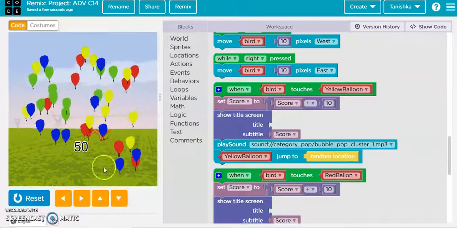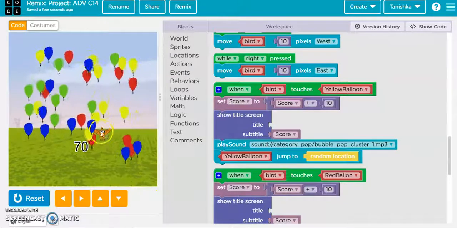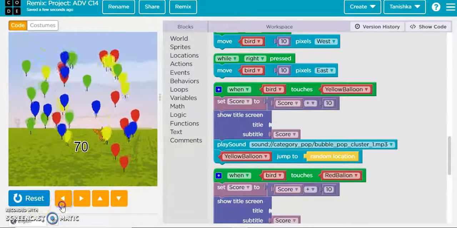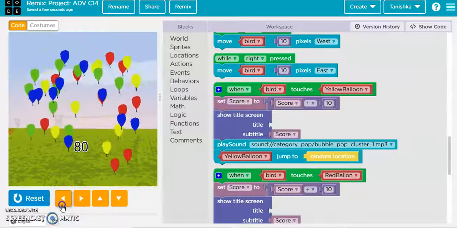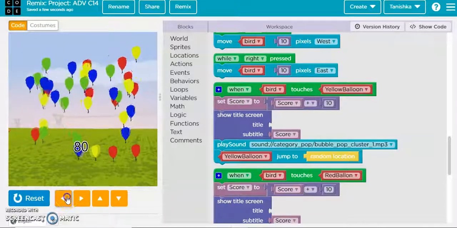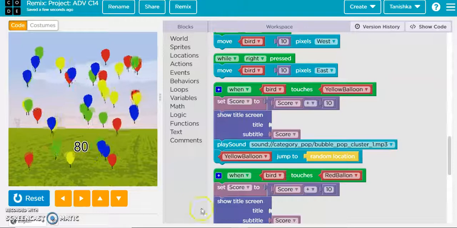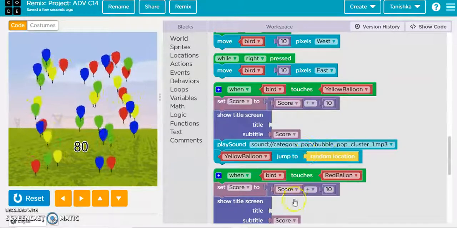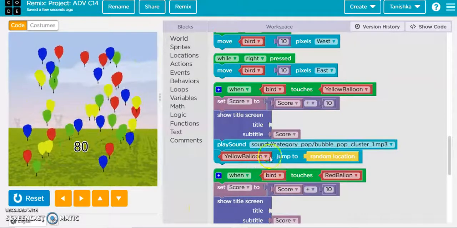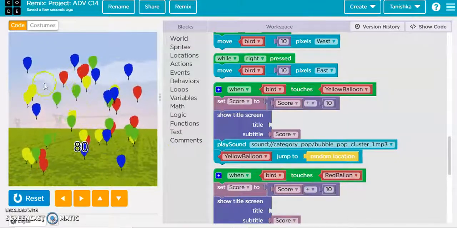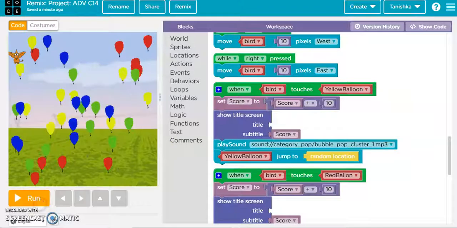You see this is the sound which this means, and whenever my bird is touching any balloon, my score is increasing, and the sound category is changing, and even my balloons are not at the same location. They're jumping here and there. They are jumping to any random location, but they're not